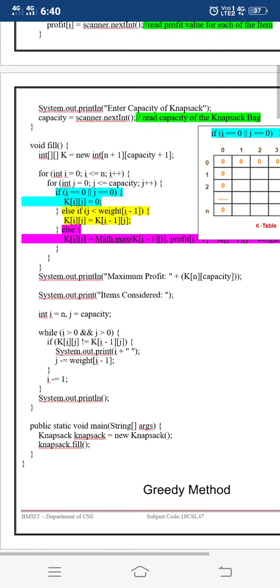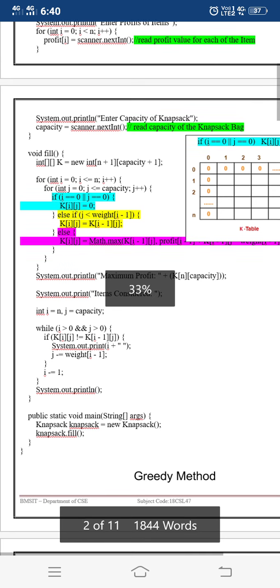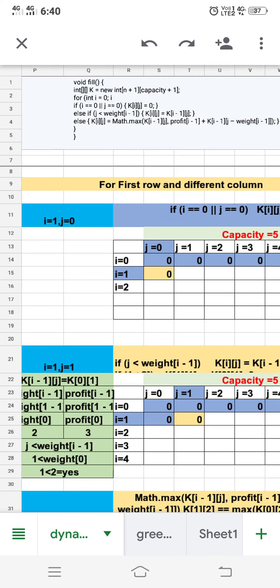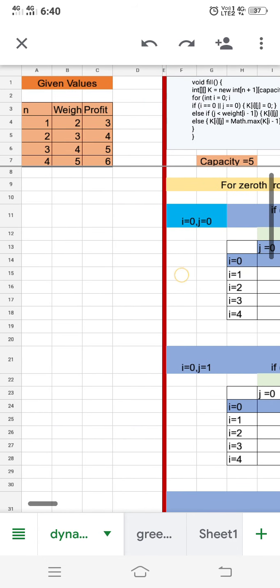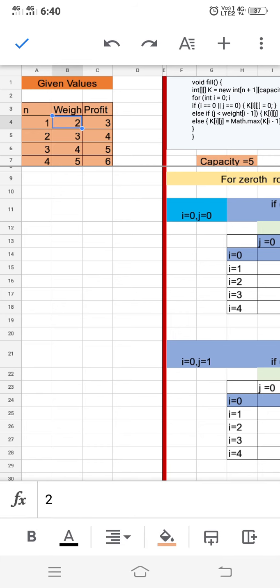Okay, so like this we will fill up the knapsack capacity, that is the profit, what we will be getting for that particular object with the varying capacity j. So for this we have the calculated values here. We have selected the items 1, 2, 3, 4. The weight of each object is, for the first object it is 2, next 3, 4 and 5. Similarly the profit of the first is 3, next 4, the third item is 5, the fourth item is 6, and the capacity of the knapsack is 5.